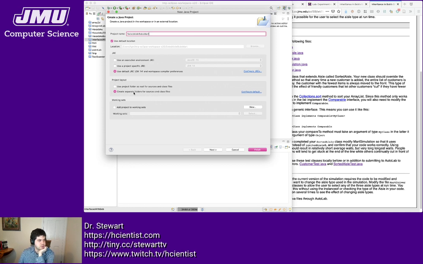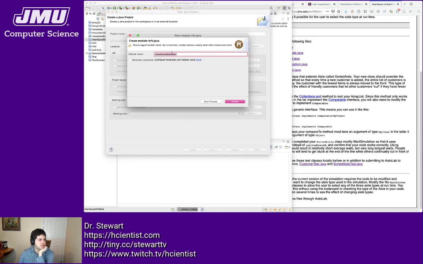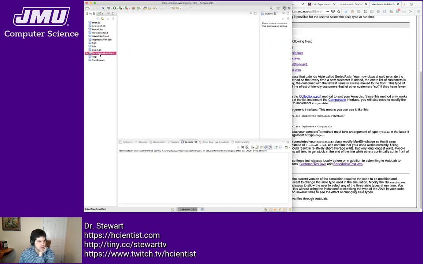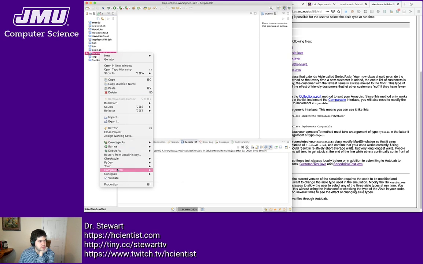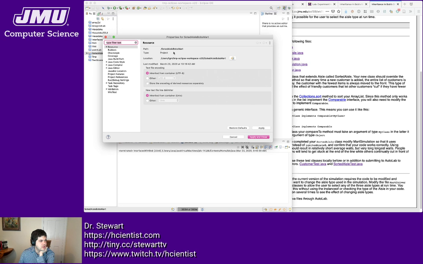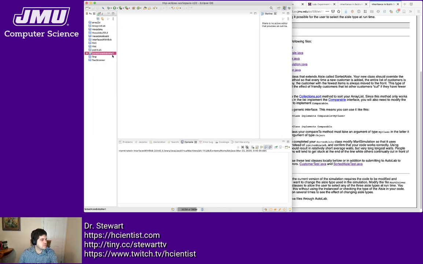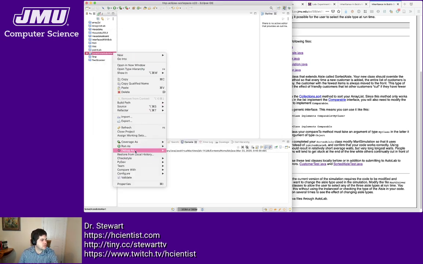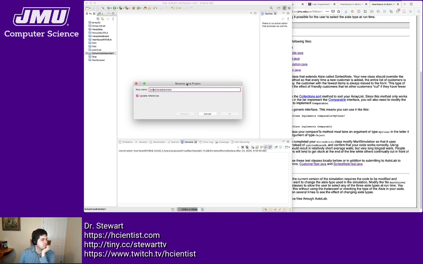I do typically create separate folders for my source and class files, and I typically do not create a module file for projects like this one. I do like to be able to spell things correctly. So let's see if I can fix that real quick. It almost looks like sodded, but it's not quite spelled correctly either way. So let's pick one or the other. Okay,